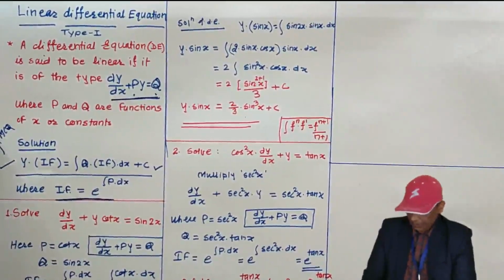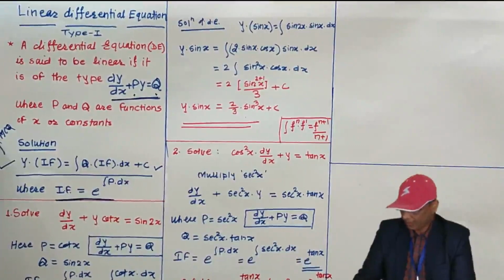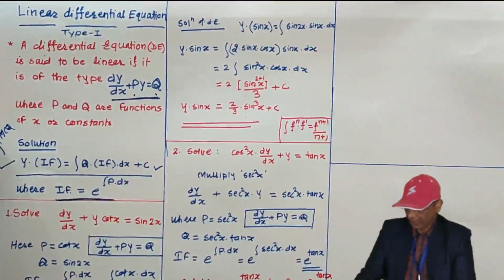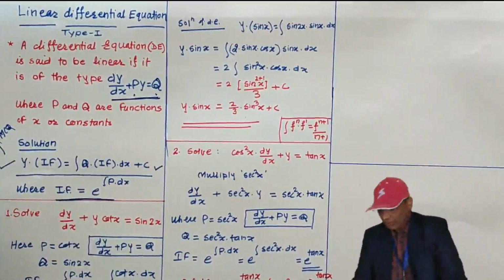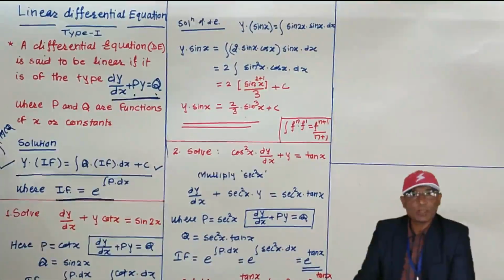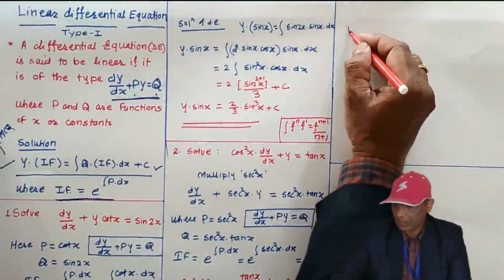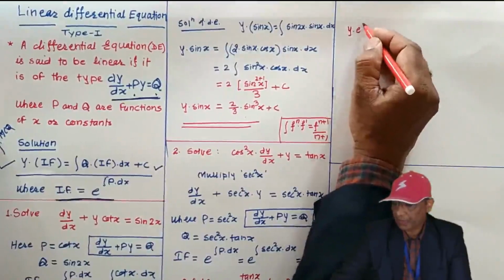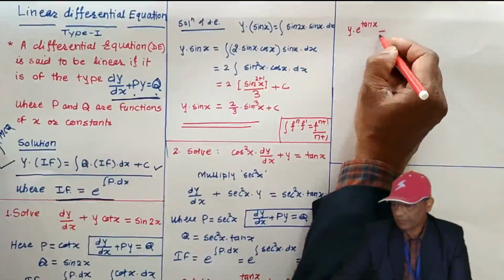Okay. See, the solution of the differential equation is y times the integrating factor equals the integral of q multiplied by the integrating factor. Now it remains to find the value of this integral present on the right hand side. The left hand side will be as it is: y e to the power tan x equals,